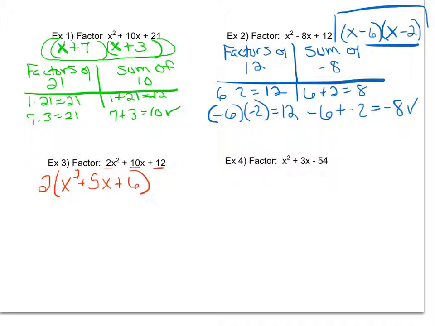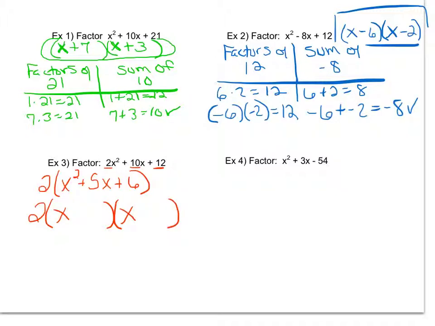Previous to this, when we've had a GCF, we've said we're done. Well, now that I have uncovered a little bit more information about factoring, I can't be done. I need to ask myself, can this be factored further? So I'm going to continue through my flow map, and I'm going to ask myself if this is a perfect square minus perfect square. Since it's not, I won't be able to use the special formula. Then I'm going to ask myself, is it a trinomial with an x squared that has a coefficient of 1? My answer for that is yes, so I'm going to try to factor this further